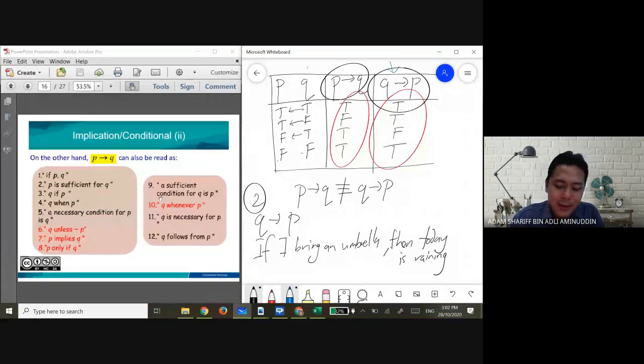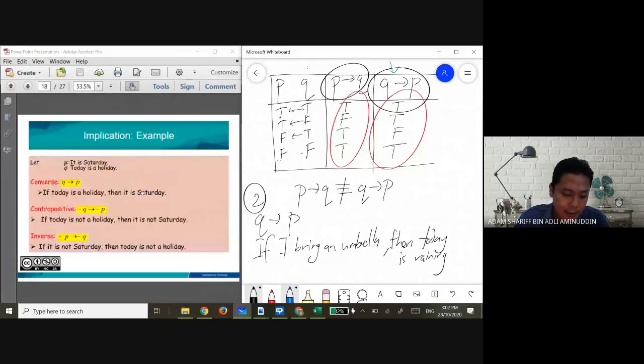Seriously, saya tak suka guna yang lain. Saya akan guna if then je. So don't bother to worry about memorizing this thing at the bottom here. Daripada 2 sampai 12 ni pening bagi saya. Sepatutnya kita nak formalize benda ni dalam logical language. Dalam bentuk P implies Q, if P then Q, senang je. Tetapi kita bukan belajar English. No need to worry for the other representations of P implies Q. Okay?